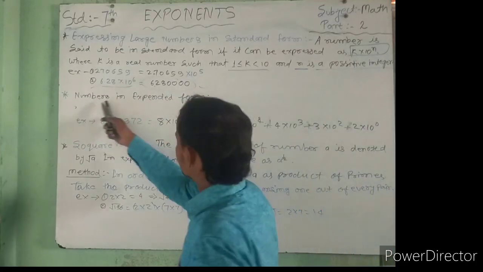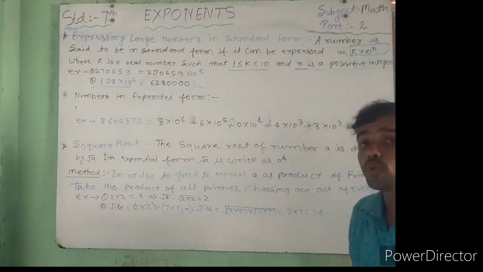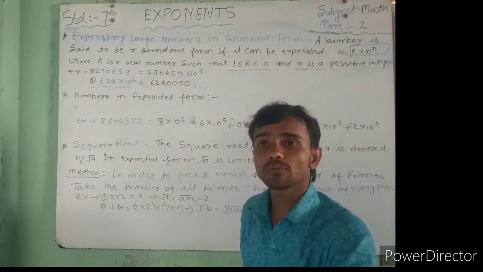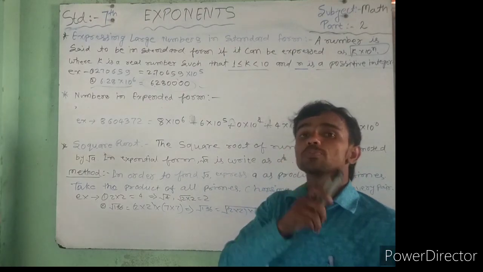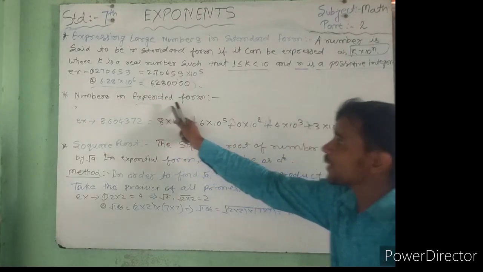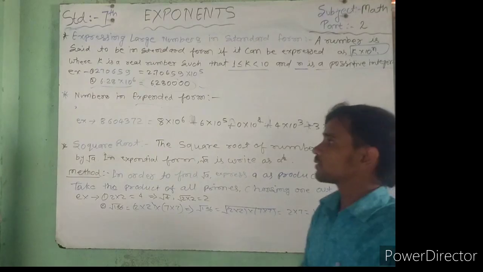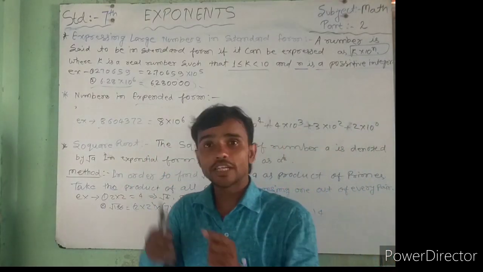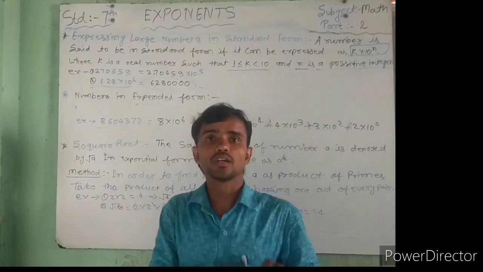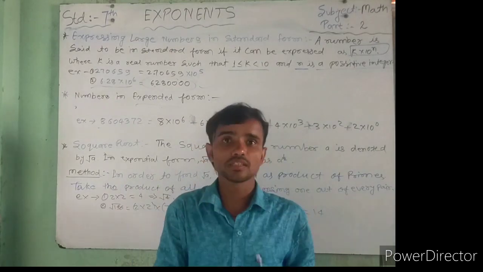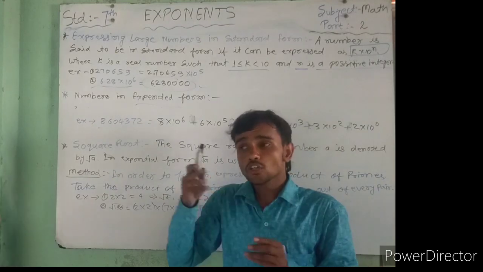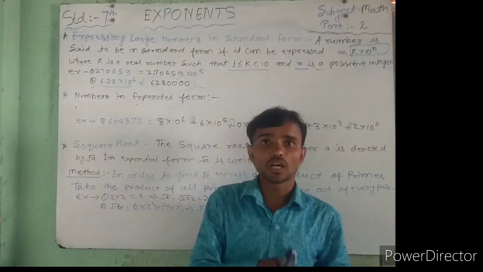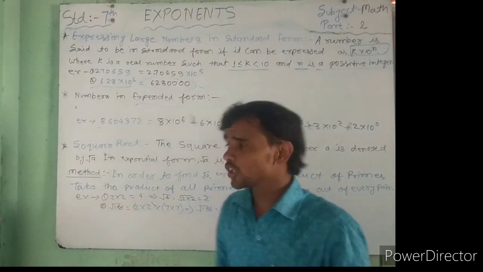And next, numbers in expanded form. My dear students, when you read in 5th class, 6th class, first standard form, next expanded form. How to write the expanded form? So firstly, you see one question. When you read in class 4, 6, just like ones, tens, hundreds, thousands, ten thousands, lakhs, ten lakhs, crore. Okay, so one digit is ones, 2 digits is tens, 3 digits is hundreds, 4 digits is thousands, 5 digits is ten thousands. So that's the number format.